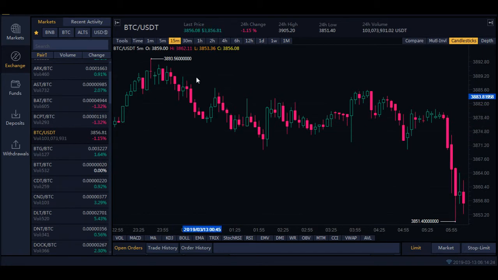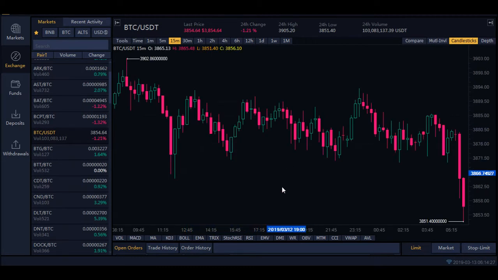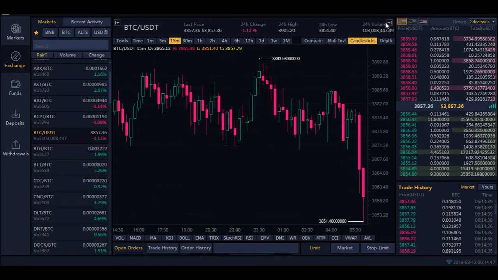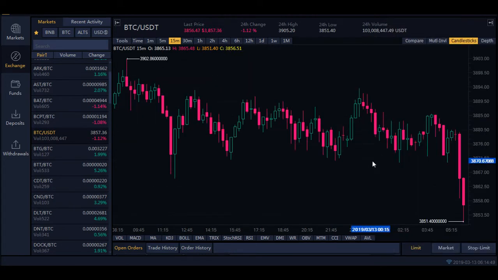You can change to 15-minute increments of time. Whatever you align that to, your indicators are going to follow that track as well. They're going to track the same thing. Everything from your 24-hour volume to your highs and your lows, the current updating price that we have over here. All these different things that are going on, they all work together to give you a lot of information,